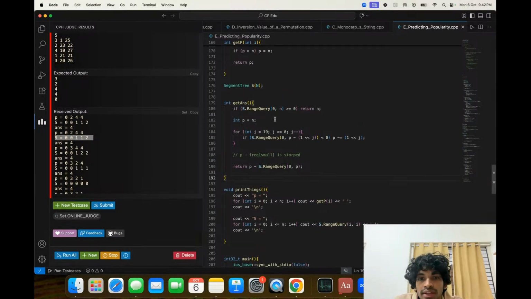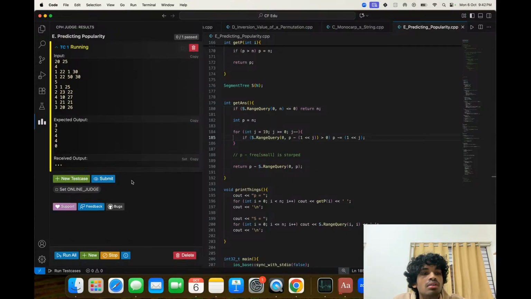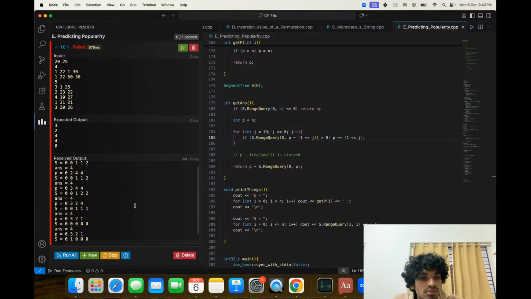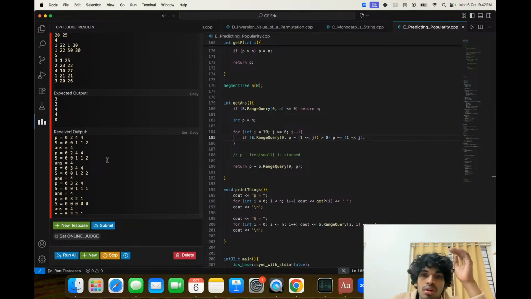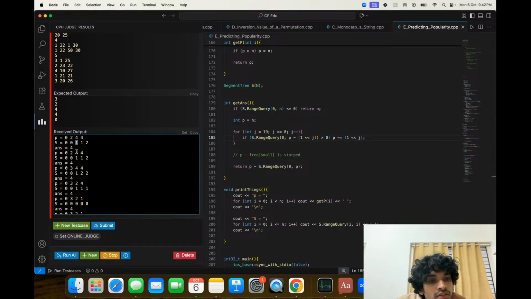I should just go and find greater than 0. 3 2 4 4 0. Answer equals to first positive was here and its value is 1, 0, 1, 2. So it should be